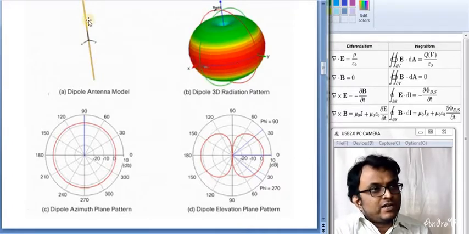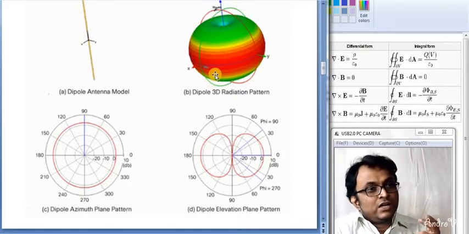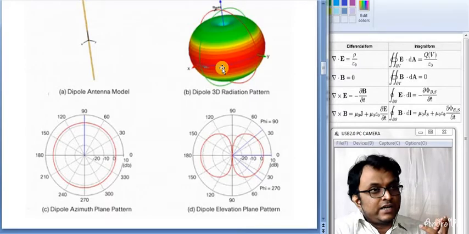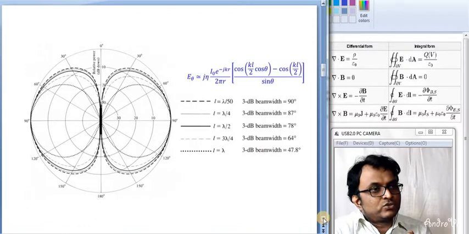This is a standard dipole antenna radiation pattern, and using this radiation pattern we have already discussed how it is useful for any kind of communications, because it is basically linearly polarized, either horizontal or vertical, to receive. So according to that, this is the electric field pattern, so the electric field component direction will lead to that.